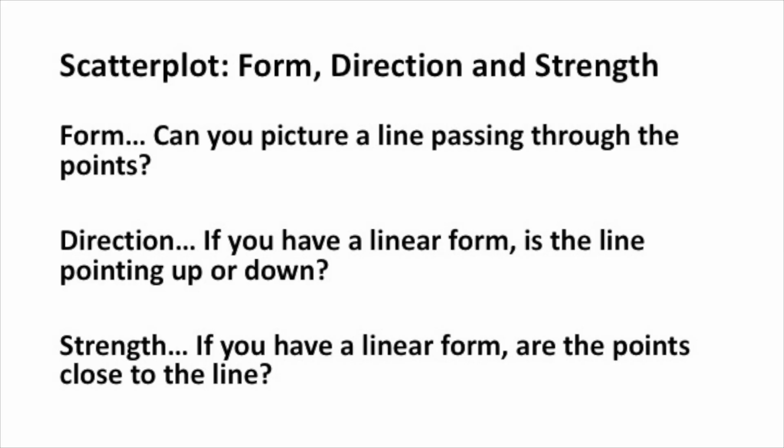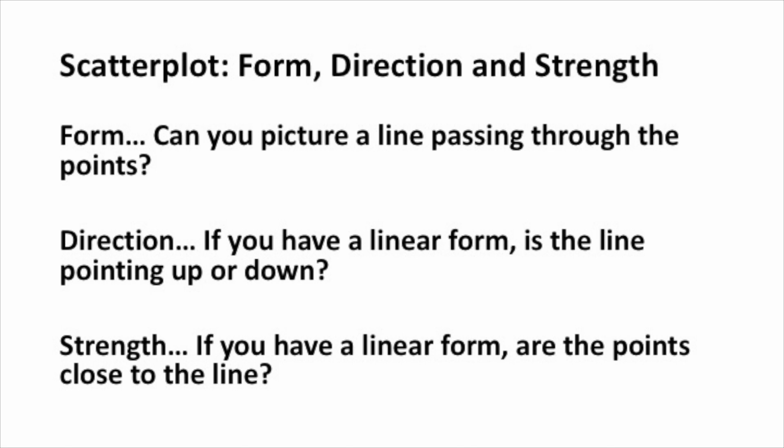After making a scatter plot, you want to characterize its form, direction, and strength. For a scatter plot's form, you want to think about whether or not you can picture a line passing through the points. For its direction, if it has a linear form, is a line pointing up? If so, there's a positive relationship. Or is a line pointing down? If so, that's a negative relationship. And finally, for a scatter plot's strength, if you have a linear form, the next question is, are the points